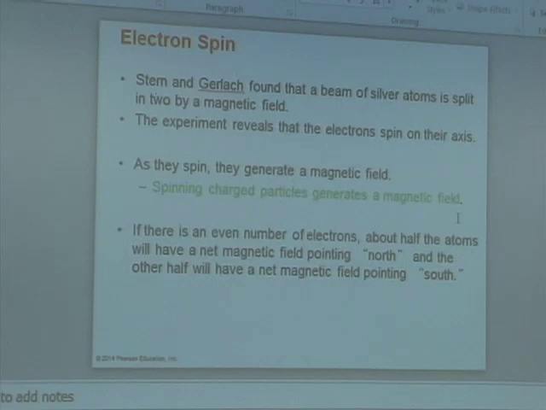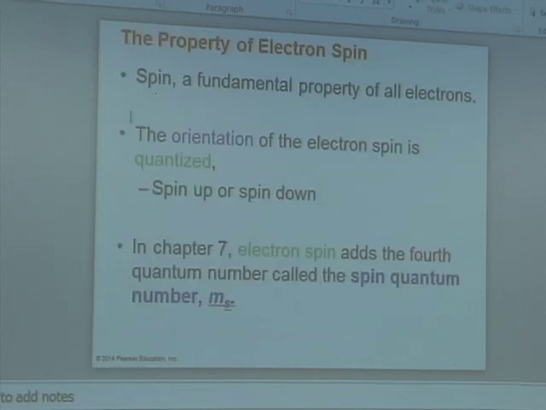Where one points north and the other points to the south. So spin is a fundamental property of electrons, and we refer to their orientation as either spin up, arrow up, or arrow down. And this is our m sub s that we learned in chapter 7. We refer to that as the spin quantum number, m sub s,